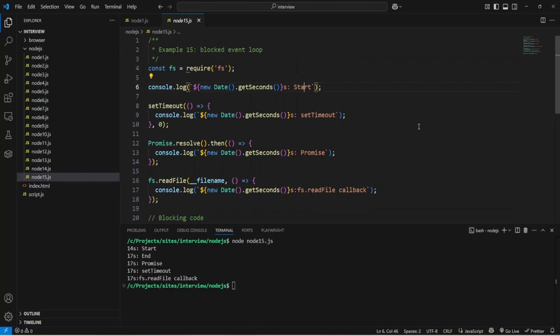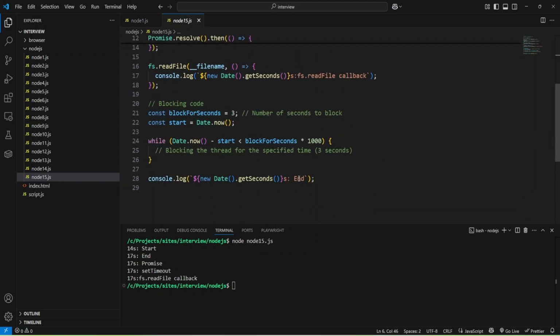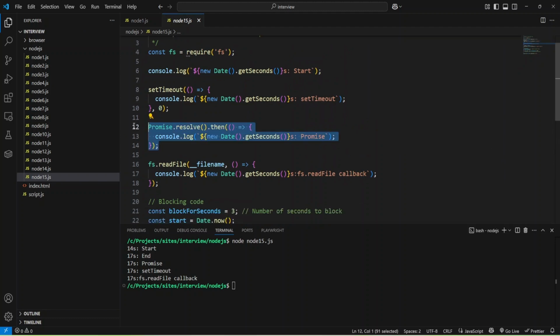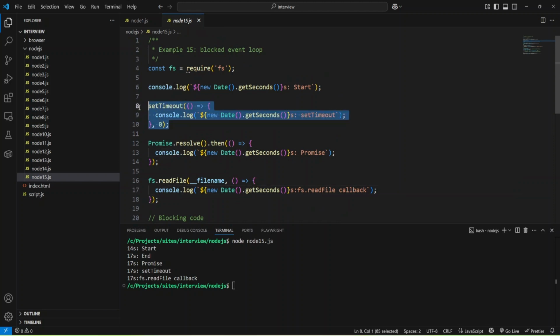And we executed start, only then we executed this line, and it provides end, and then we got this promise with seconds. After that, we moved to the poll phase, and this read file callback was executed, and at the end we have set timeout callback.